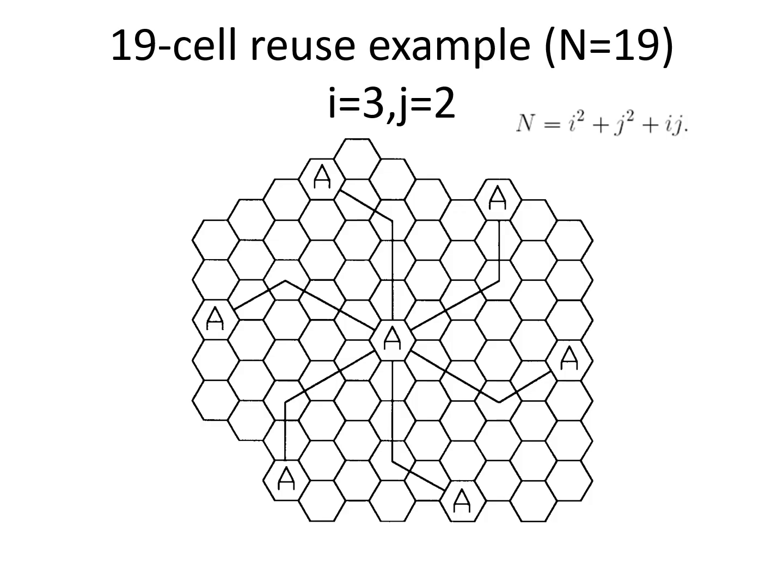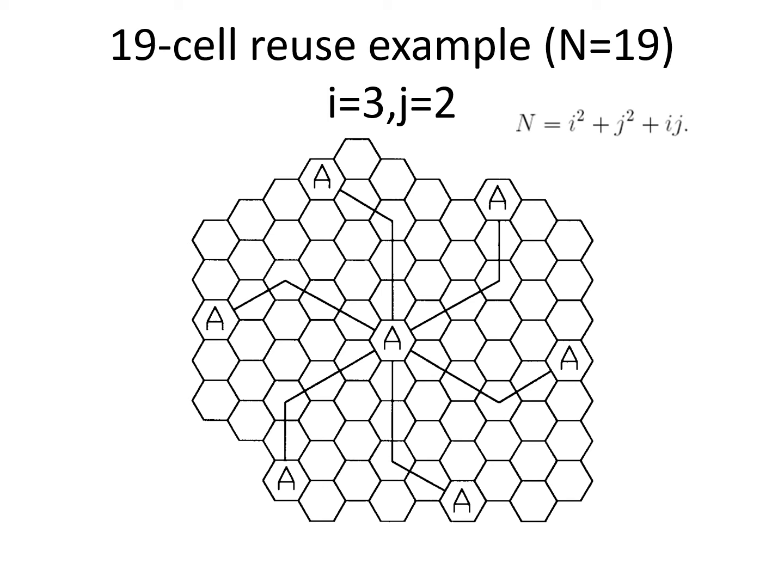In this slide, we will explain how to find co-channel cells, that is, the cells which are going to reuse the same set of available frequency channels. We cannot have any cluster size for a rigid hexagonal geometry. It should satisfy the particular equation where i and j are non-negative integers. In this example, we have used a cluster size of N equal to 19, with i equal to 3 and j equal to 2.